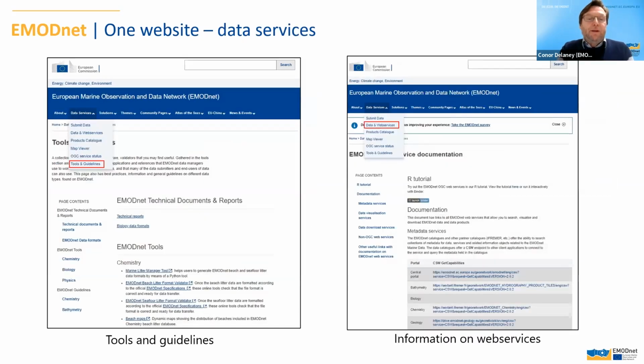This gives you another example here of this mapping. We realized that a lot of the information that was contained on all the separate portals could be brought together in single spaces on the new EMODnet website. So on the left-hand side, we have a new space called Tools and Guidelines. And as you can see, the layout is very similar to the whole website with the navigation bar on the left-hand side. But we gathered here information on technical reports,